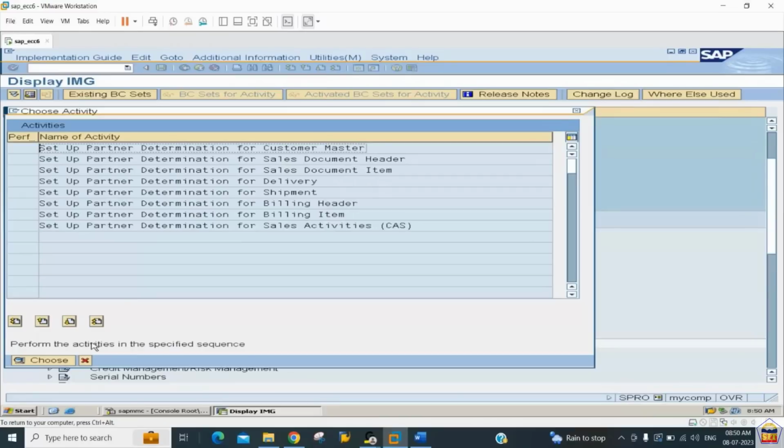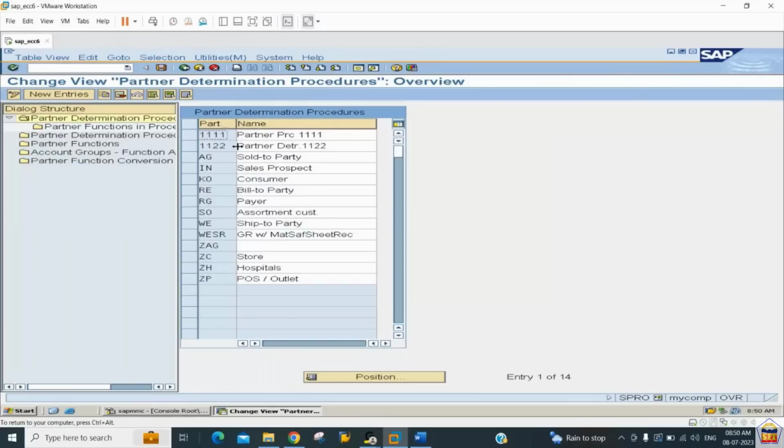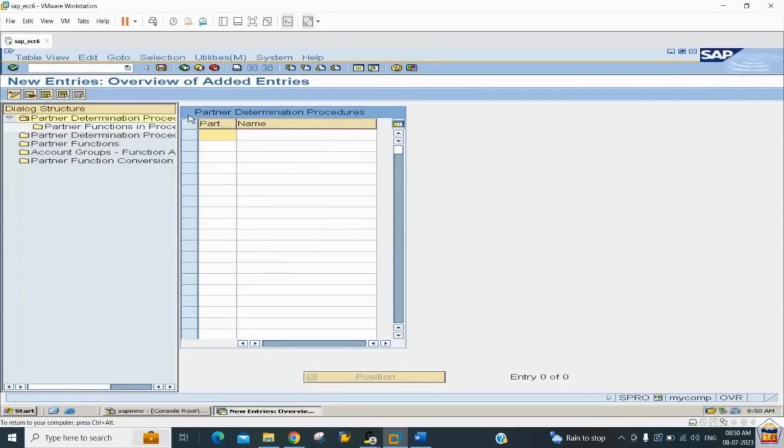And we have the first option, partner determination for the customer master data. Now we need to click on the new entry button. Partner determination ID we can maintain up to 4 characters, could be alphanumeric. Let it be 2244. So this is the partner determination we have for 2244 PD. Just ignore the warning message, press enter button, save it,